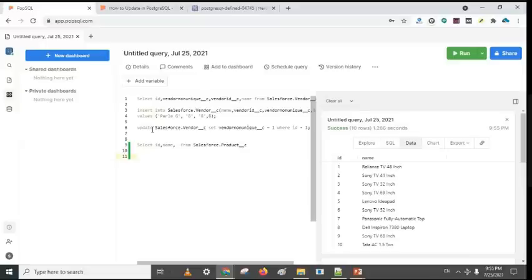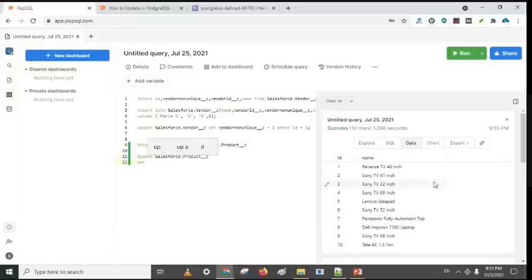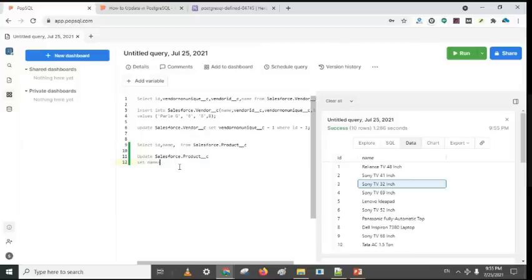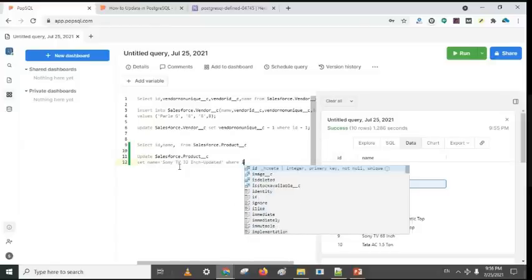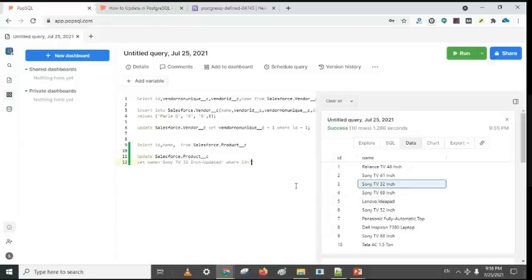For that, we can use the update command. Update search for product, set name is equal to updated, where ID is equal to 3, since the ID is number 3.